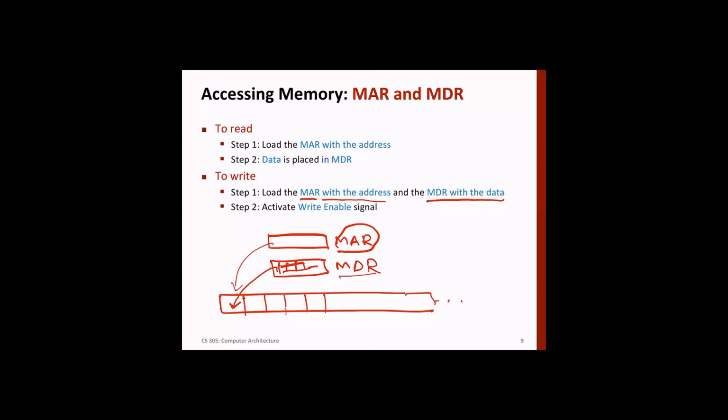Now, what we have discussed is about writing. For reading, let's assume that we are reading this element here. In the memory address register, we'll put this address, so the address will be pointing to this one. When the read operation happens, the content that's inside will go to the MDR. While writing, the contents are already available, sent by the central processing unit, and then kept here. All right, let's move ahead.